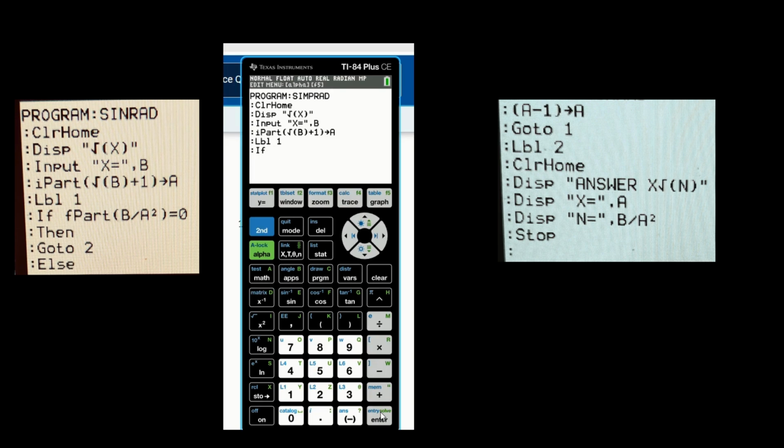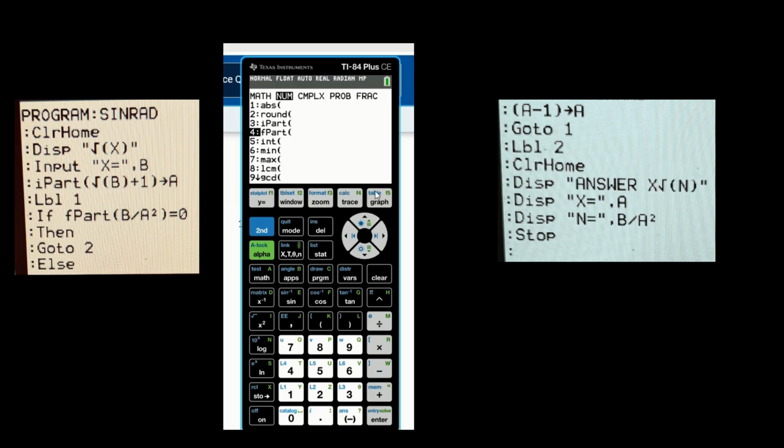Okay, after if, we are going to press math. This one, the math. And then we are gonna go to the num, this one. This time, we will press the fPart, which is the number 4.